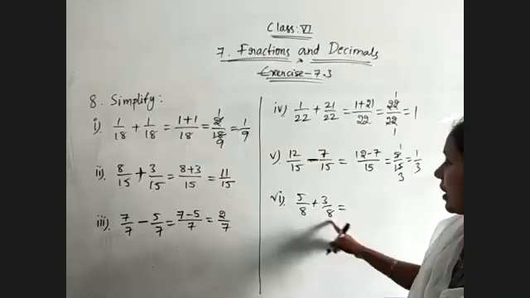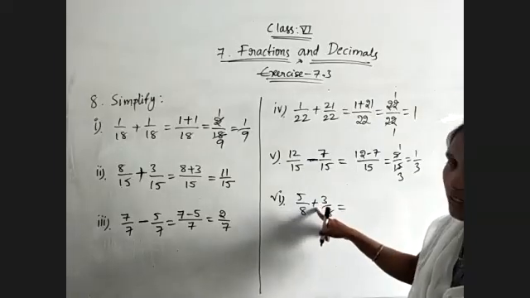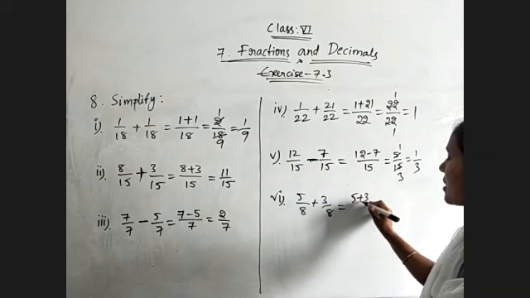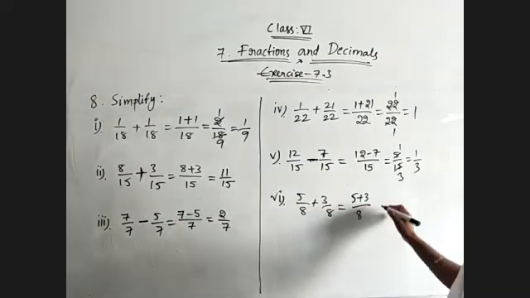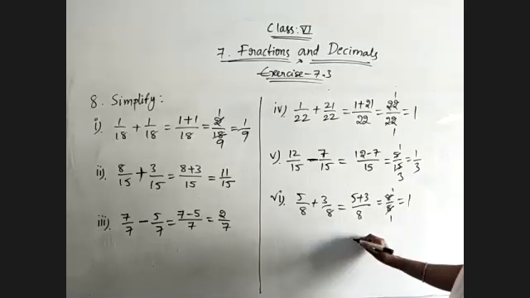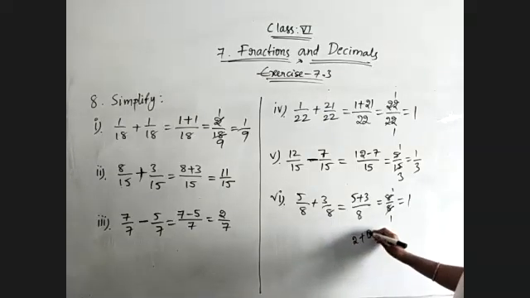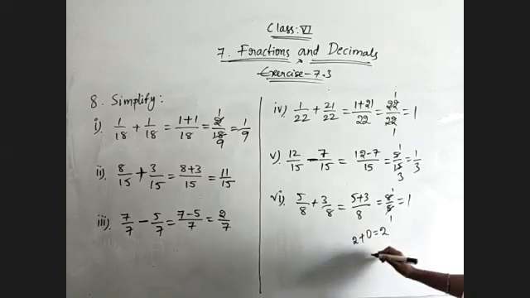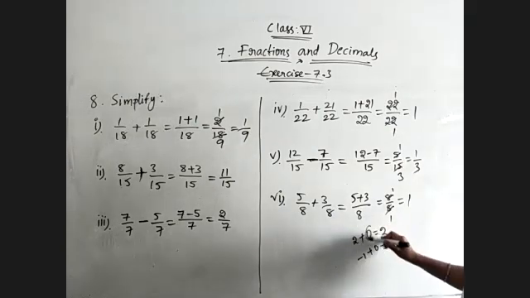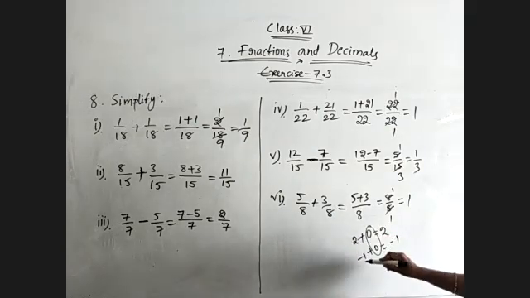Now both are like fractions and addition. So the sum of like fractions is equal to the sum of numerators by the common denominator, which is equal to 8 by 8. 8 by 8 is nothing but 1. Okay. And remember, if you are adding 0 to 2, then what will you get? 2 only as the result. And if you are adding 0 to minus 1, then also you will get minus 1 only as the result. So 0 is the additive identity for whole numbers as well as integers.